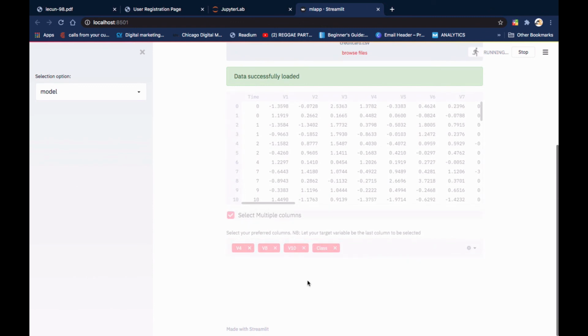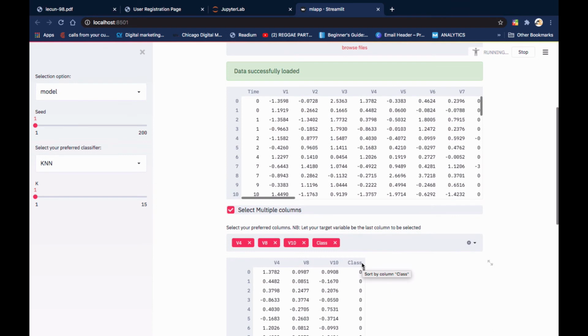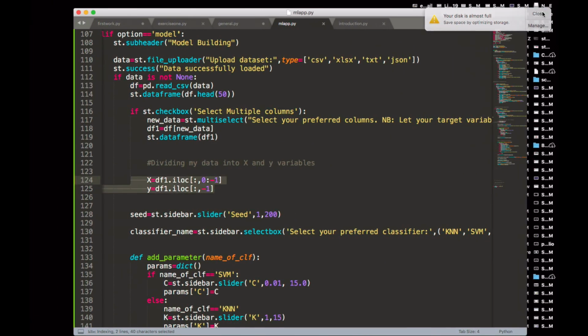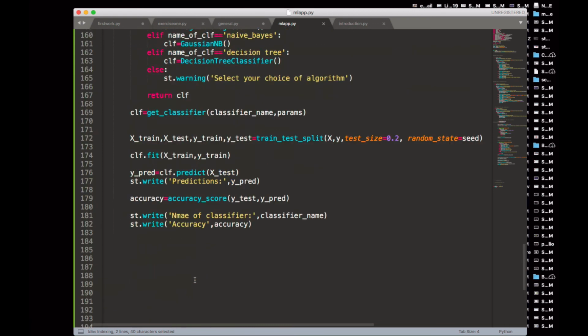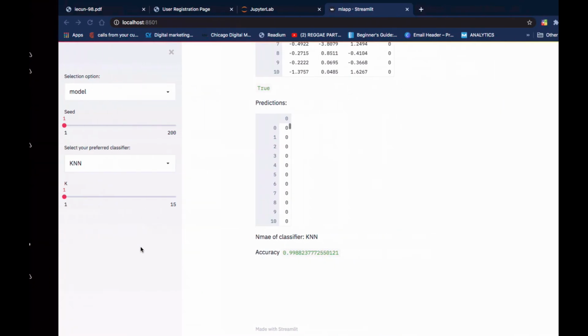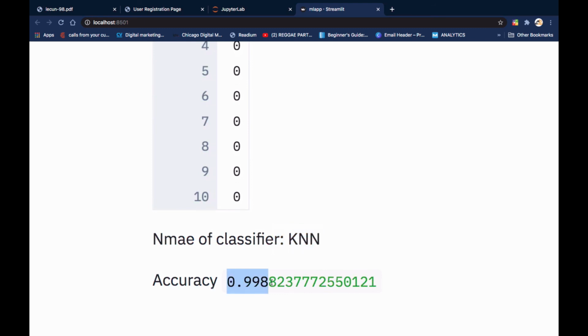Okay, so basically that is what we are seeing over here. So let's see the output. Okay, so now you see the output that we have, right. So we've been able to select some of the columns. Now we're using KNN, so you can see we have name of classifier. At the last part we said name of classifier, then we pass in the name of the classifier and then the accuracy. So the name of classifier in this case is KNN. You can see the accuracy that we have,